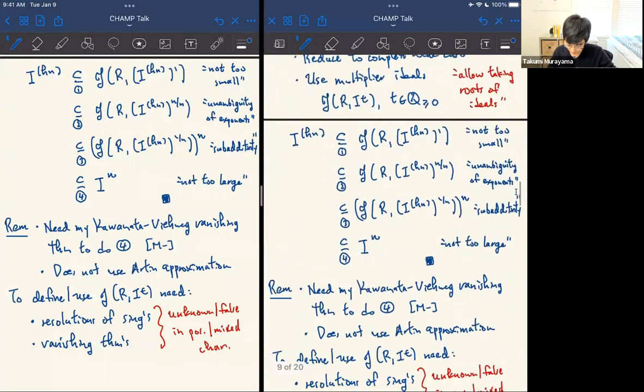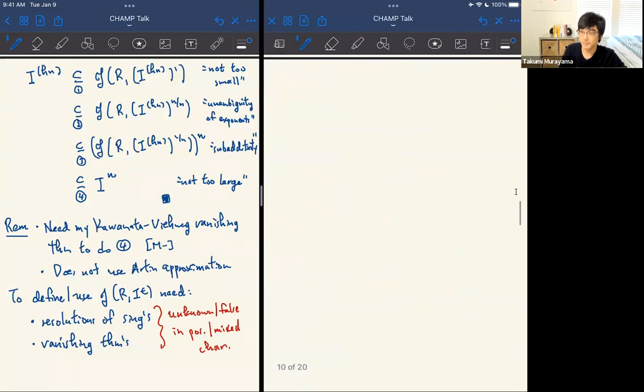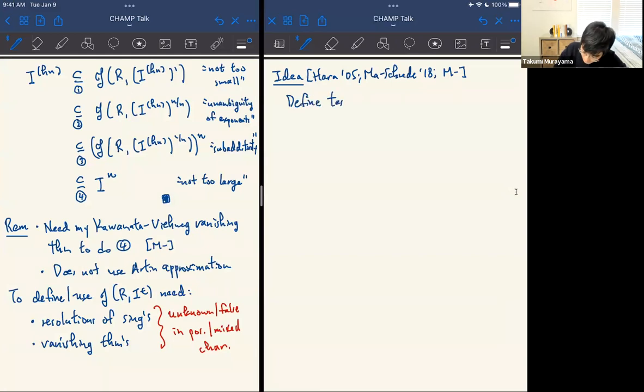And so the approaches we have now are to replace multiplier ideals with something that more closely mimics ideas from positive characteristic, such as tight closure. So Hara in 2005 and Schwede in 2018, and then I guess myself, because I made this strategy work. The idea behind our proofs is to define a variant of multiplier ideals called test ideals,